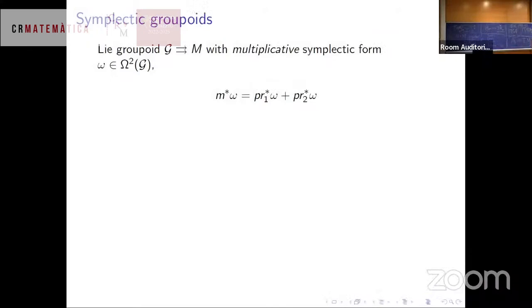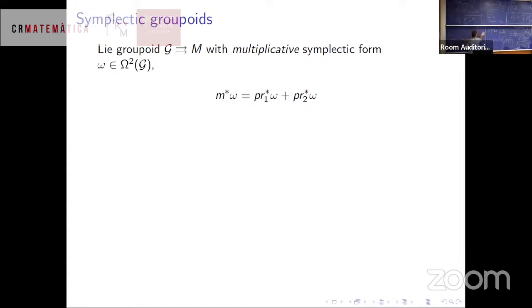So a symplectic groupoid, in one minute, is a Lie groupoid equipped with a symplectic form. So it's a symplectic manifold with an additional groupoid structure on it over some base M. And there's a compatibility between the symplectic form and the groupoid structure expressed by this equation, which is a kind of cocycle condition that I could explain another time. Okay, but there's this equation that relates them, and one exercise that could be in the problem set but is not,